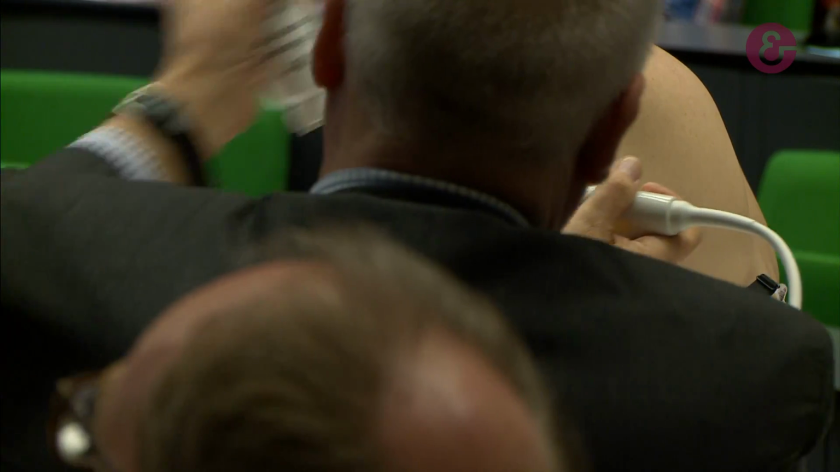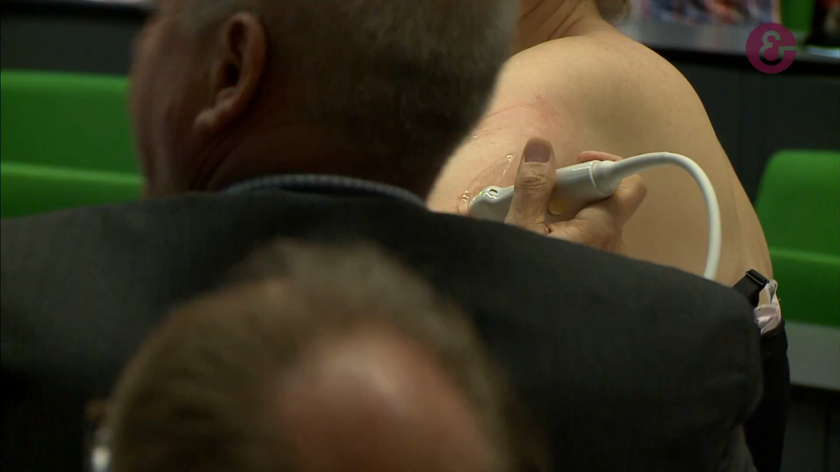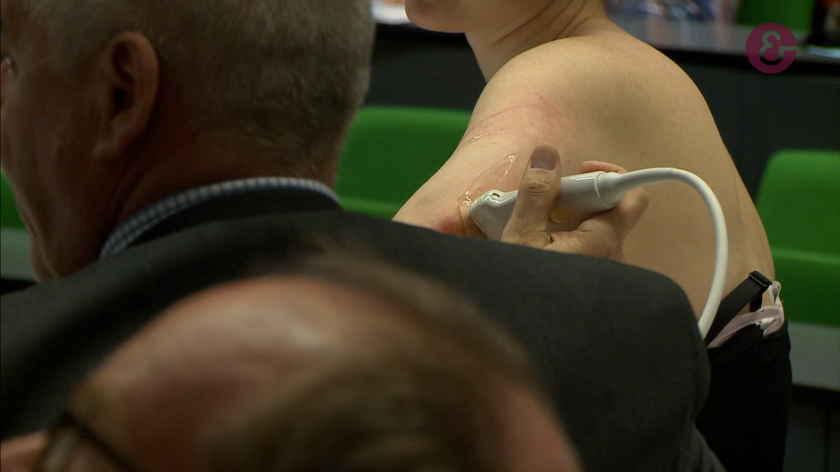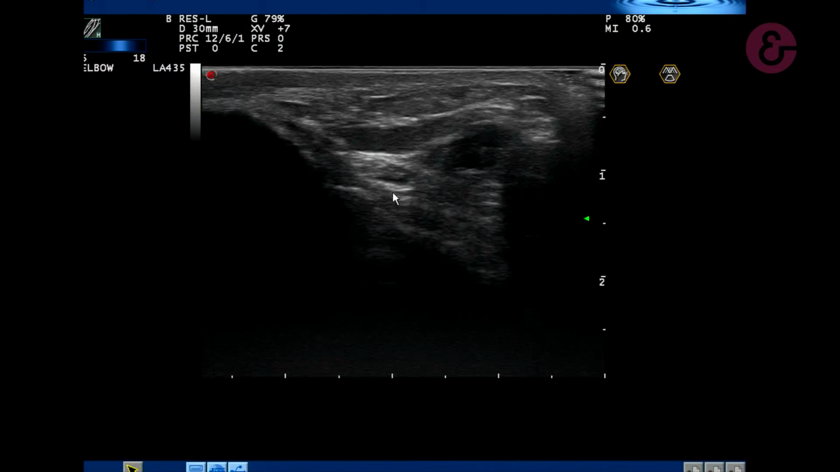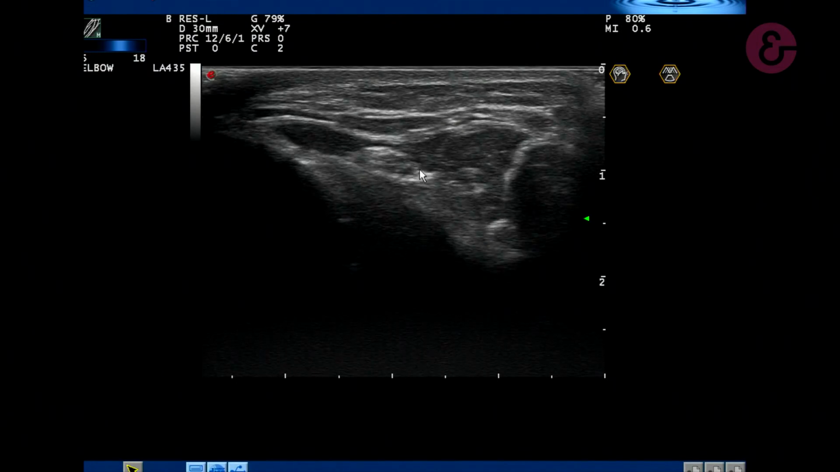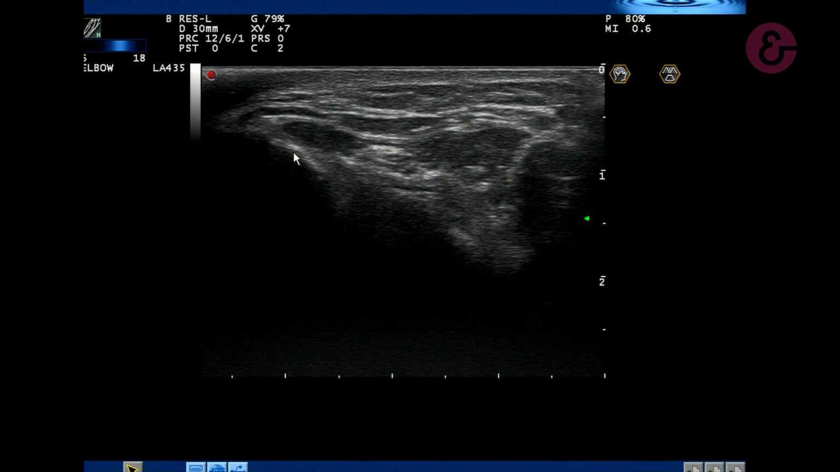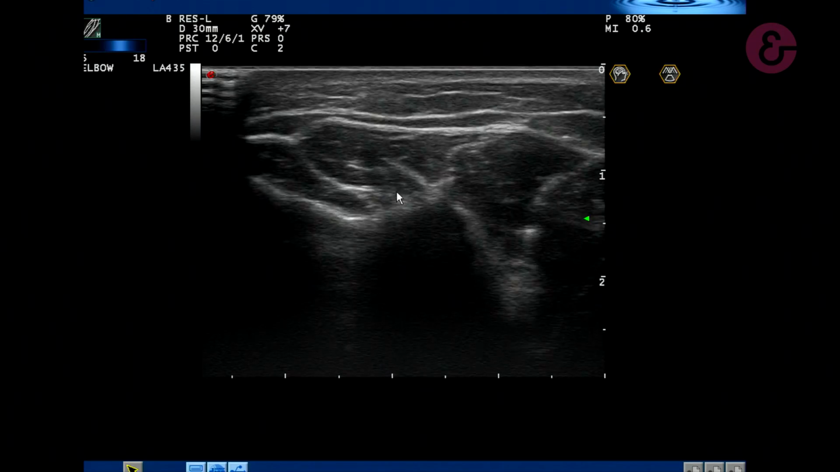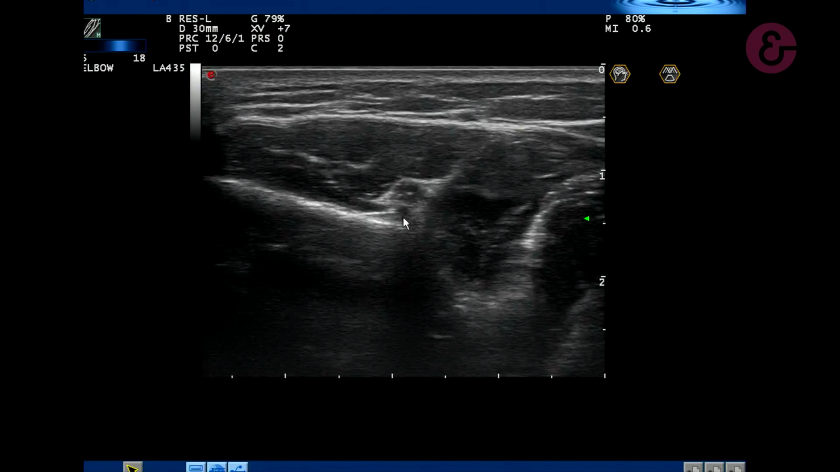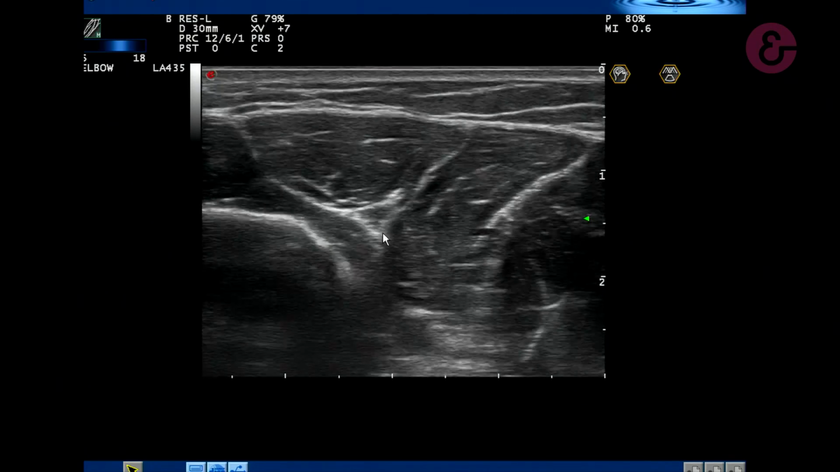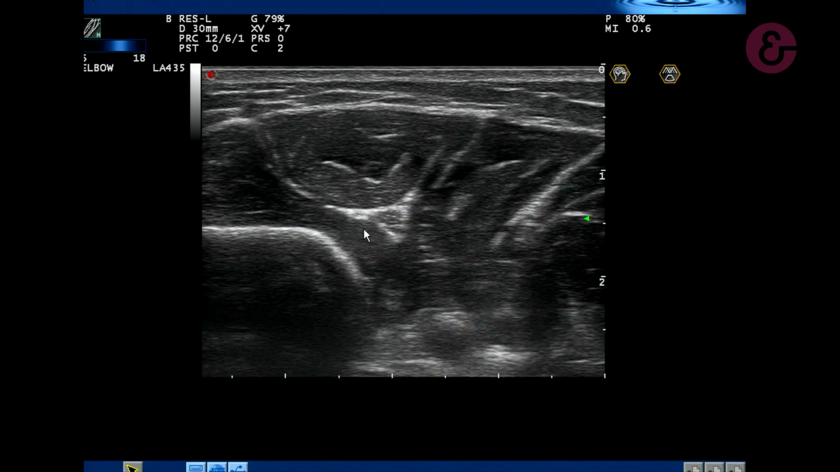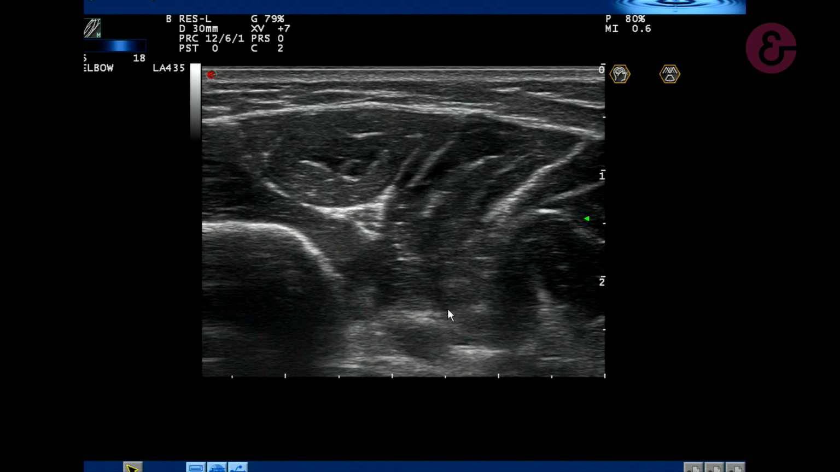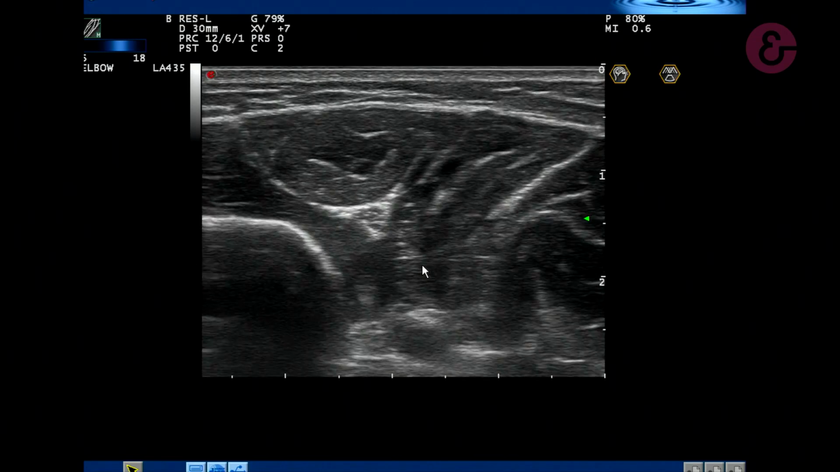I will put a small amount of gel up. And this is the nerve. And I follow distally, and you can see the two heads of the flexor carpi ulnaris muscle and the nerve running in between the two. And you can follow now in the forearm. You can see the nerve over there, and now at a certain point you can see the ulnar artery coming to join the nerve,